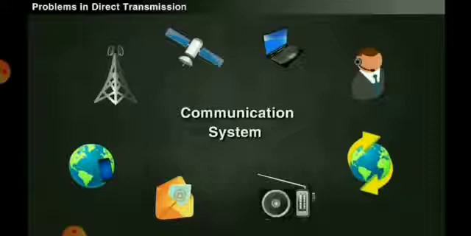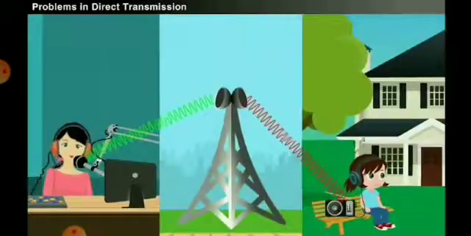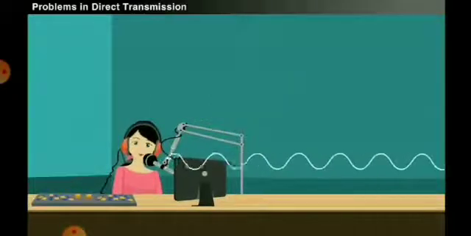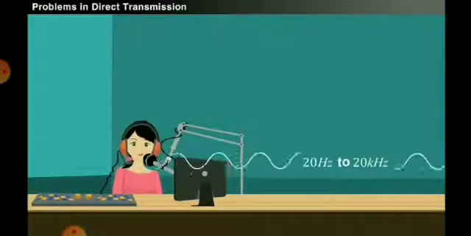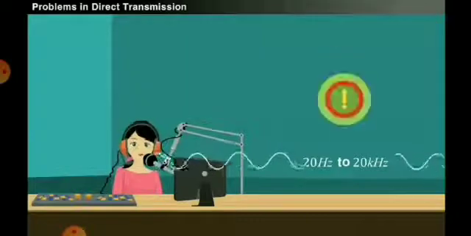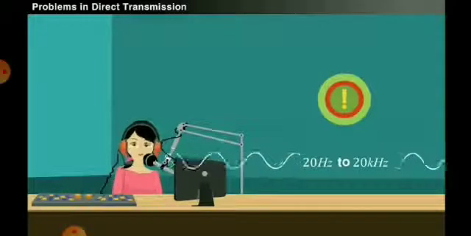One of the popular communication systems where the process of modulation is applied is radio communication. Most of us have a radio in our house, right? Radio gets signals from the base station. The frequency of the human voice signal is from 20 Hz to 20 kilohertz. These are low range frequency signals. It is impossible to transmit these low frequency signals directly due to certain drawbacks. Let us see what the problems involved in transmitting the low frequency signals directly are.